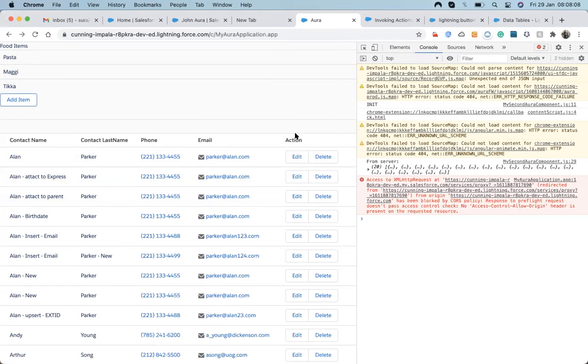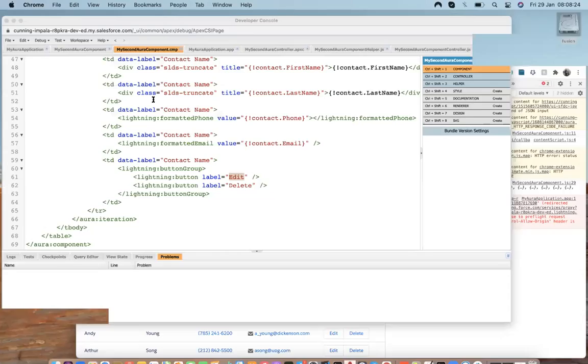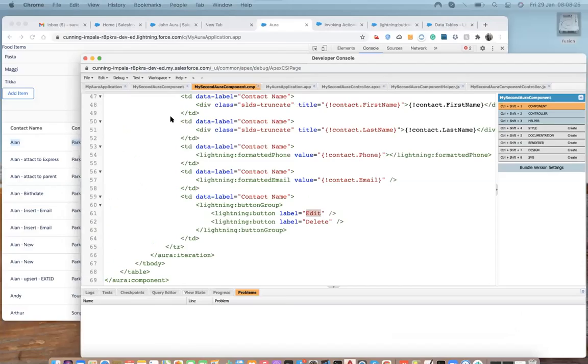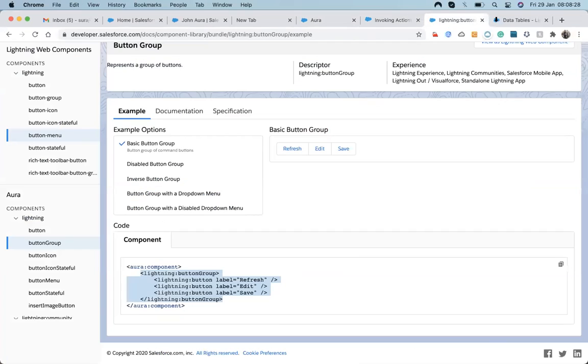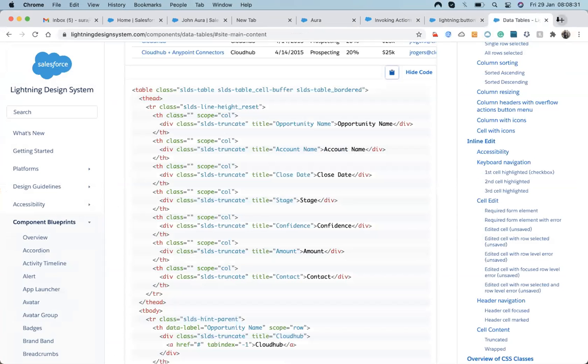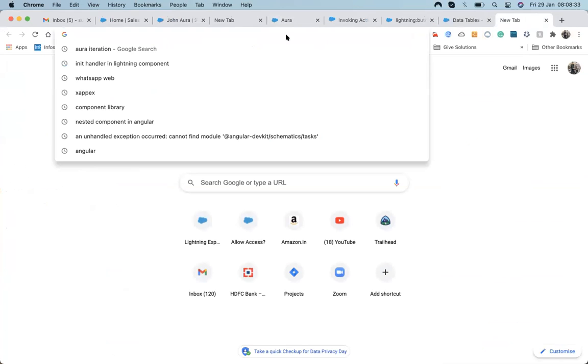So first, whenever we hit this button, I need to capture the ID of the selected record, and that is somewhat tricky. This is the tricky part inside this Aura component development. So let's have a look at how we capture the ID from a row in a table.